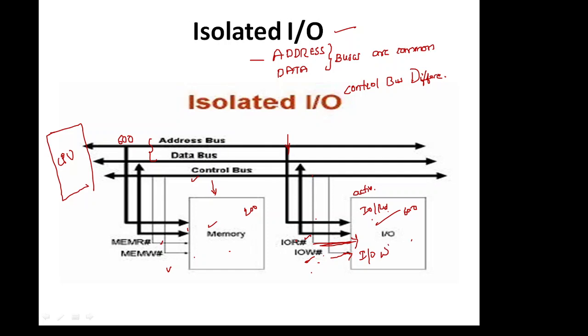If the CPU wants to communicate with the memory, here it is going to keep 200 on the address bus. 200 in the sense, it is going to activate the memory. Which operation does it want to perform? This control signal will tell which operation, whether it may be a read operation or a write operation.